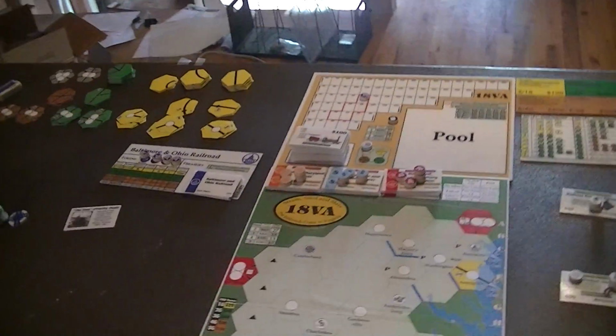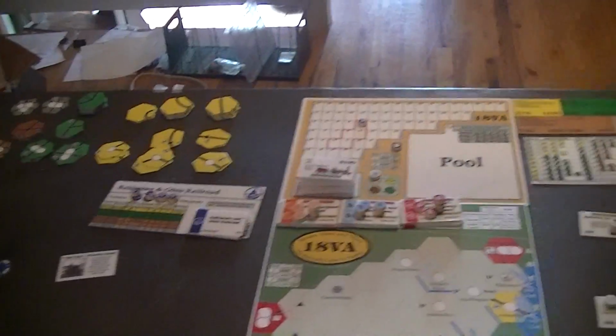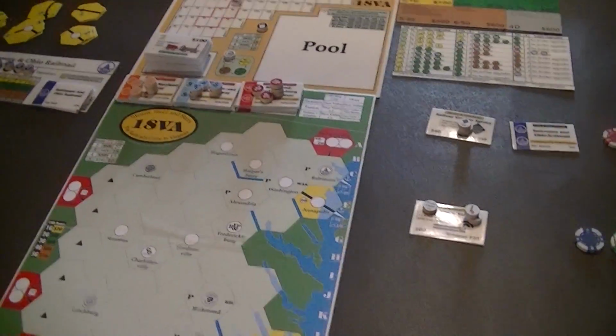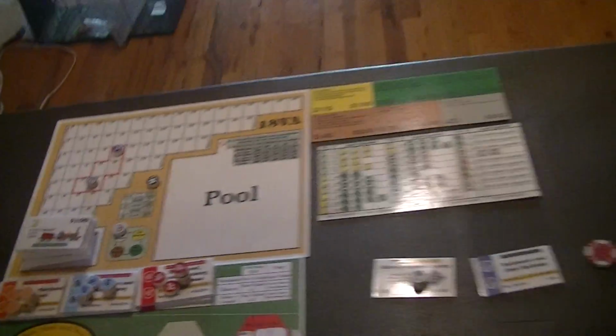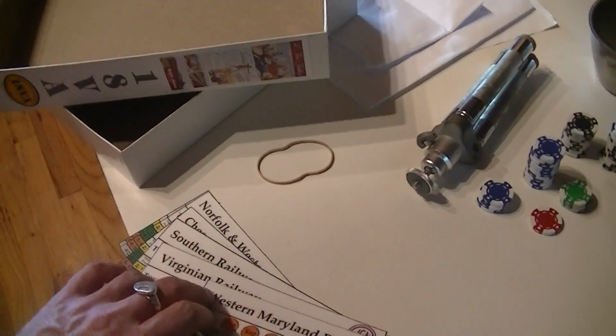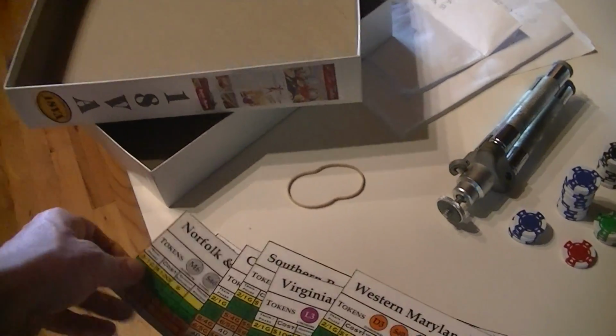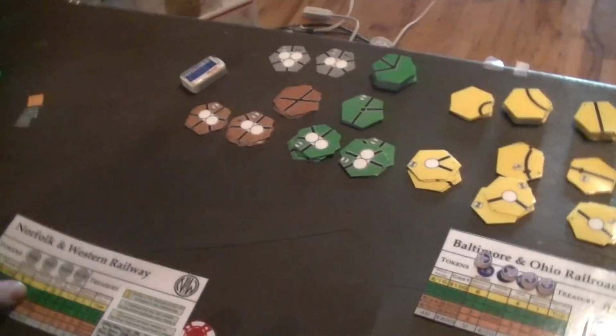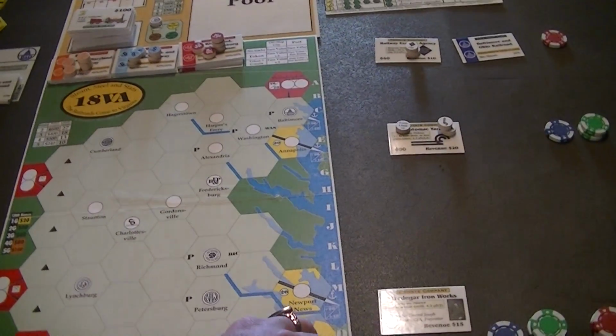3 shares, yeah 3 shares is the maximum I can hold. I'm going to do that. I'm going to set it at 75. Oh, I have to give the starting money to the B&O. 75, give him this. Officially transfer